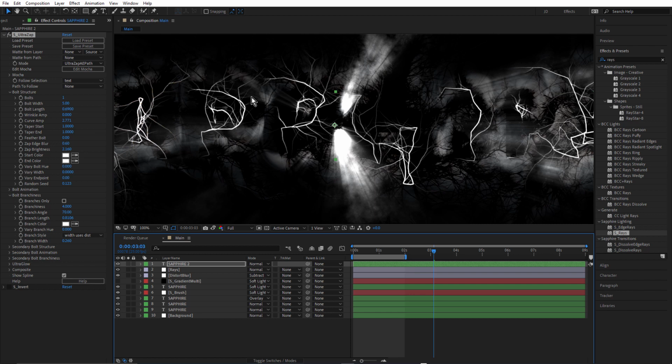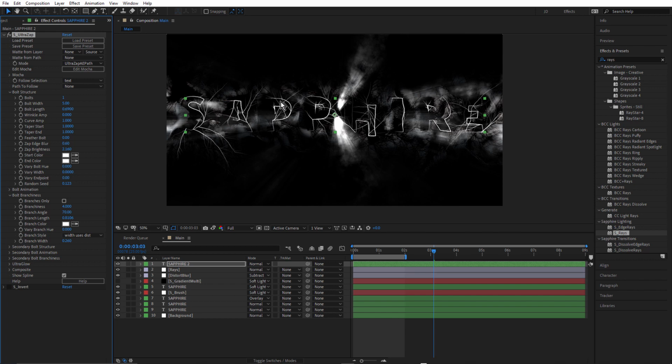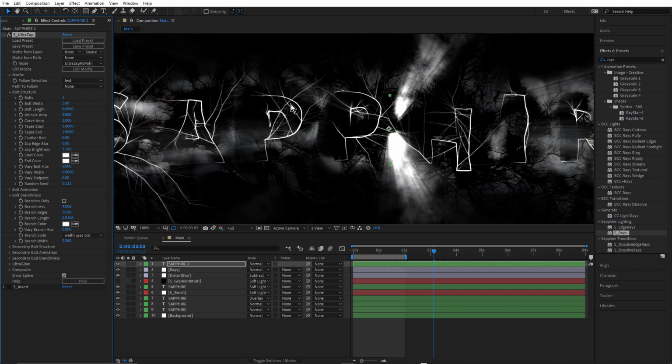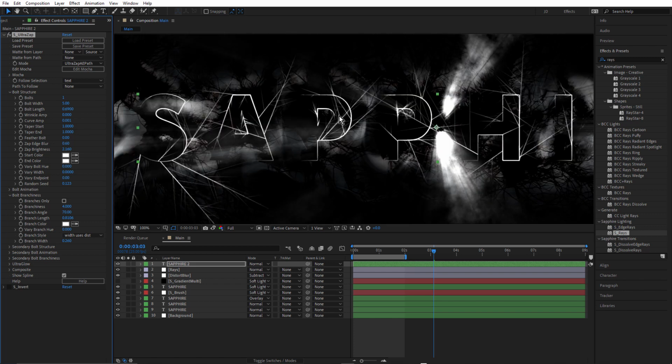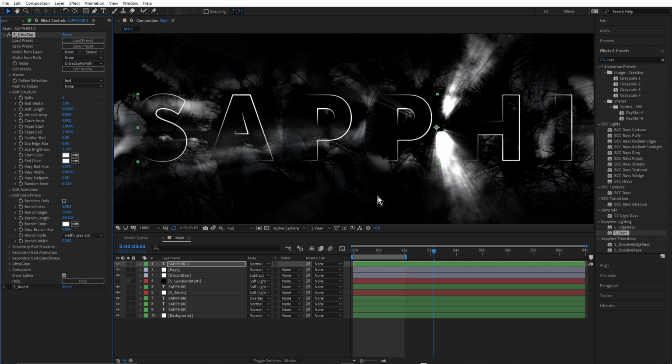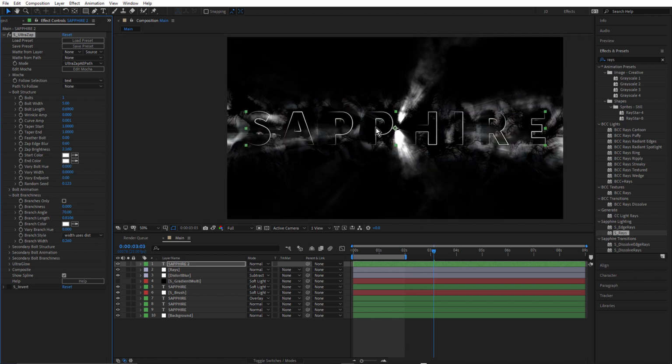Curve amp is quite high and that's pushing that bolt away from the text. So we bring this down, we make that 1. We're just trying to reintroduce a little bit of the text outline to make that a little more readable. Let's bring the curve amp right down. If you put 0 in, it'll bring it down to 0.001. That's quite interesting, but I don't think I need any branchiness. Let's make that 0. Okay, so that will help.